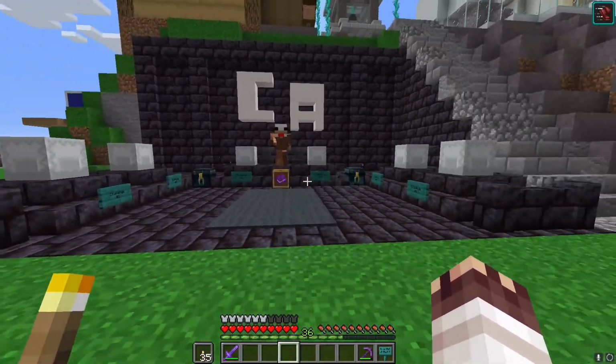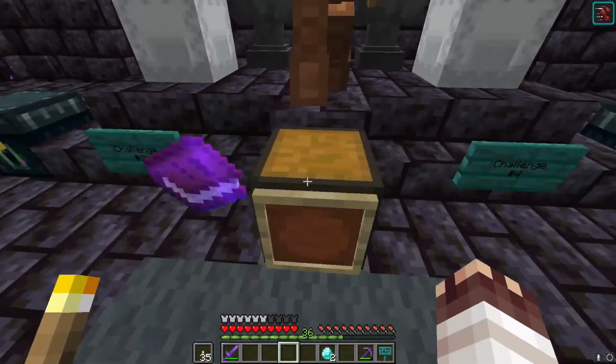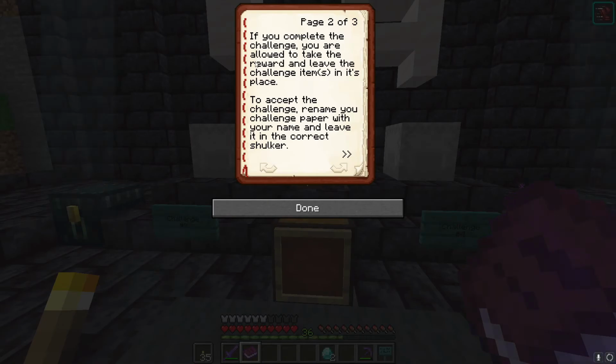So the way this works is if you want to get a challenge, we should walk up and first of all read the book. And the book basically says, "Welcome to challenge accepted. To receive a challenge, deposit one diamond in this chest. A challenge number will appear near you, which is going to come out of the ground. And then you'll proceed to the corresponding shulker box for the challenge details. Arrow for the next page, just so everybody knows. If you complete the challenge, you are allowed to take the reward and leave the challenge item or items in its place. To accept the challenge, rename"